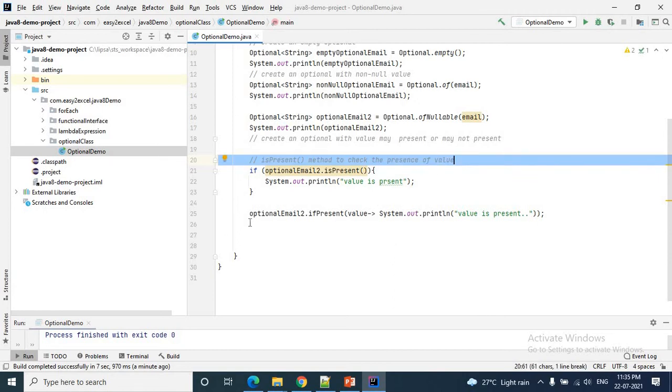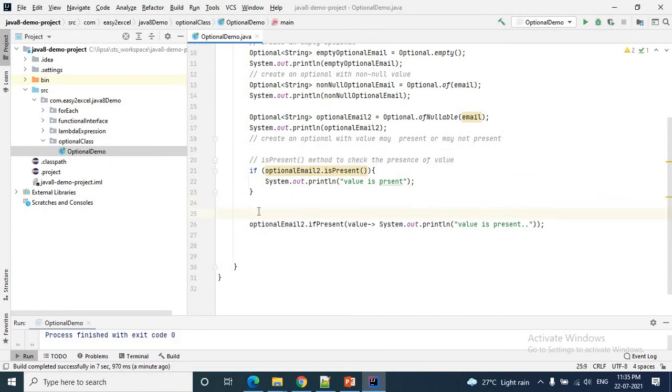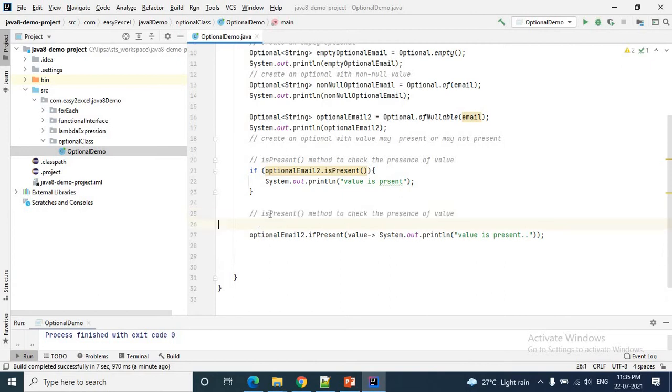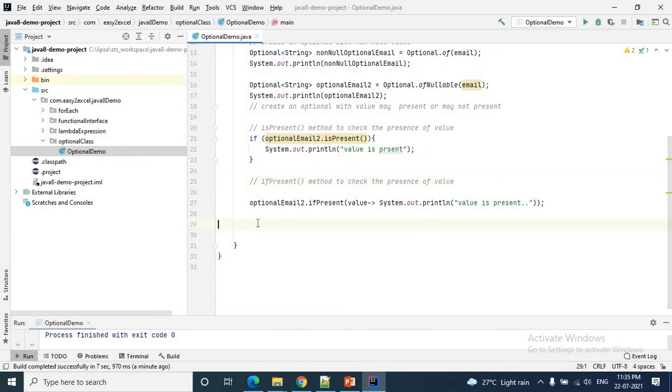Then this one for ifPresent method, to check the presence of value. Then we'll see the get method to retrieve the value.